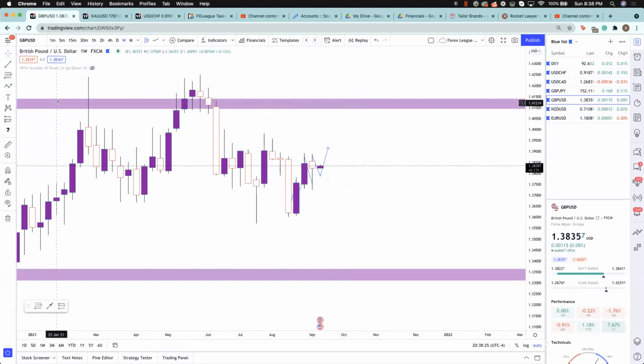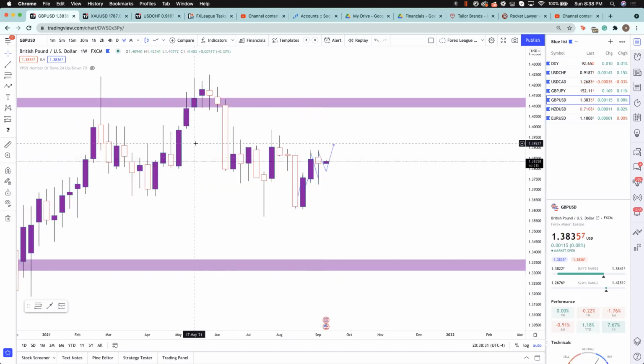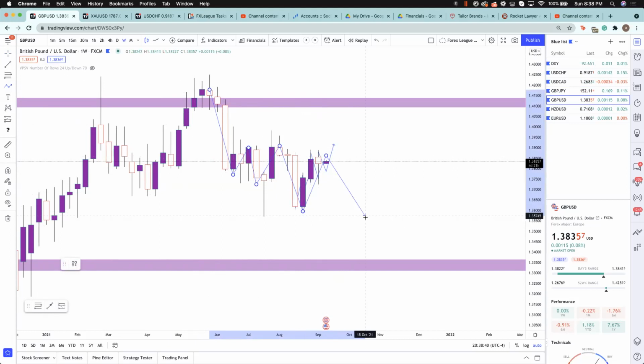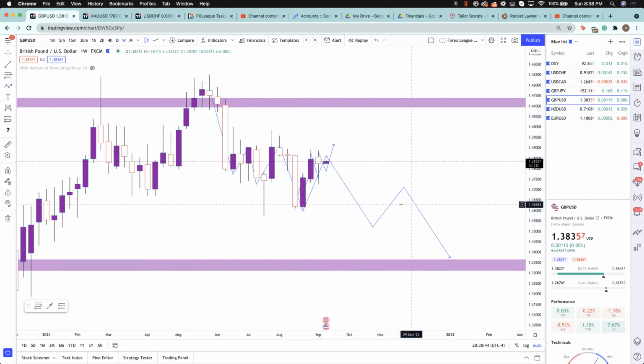And just coming down to where we are right now, we can see we have the spinning top candle right here. We're at a resistance level, definitely. If we just look at it like this, push down, come up, push down, come up, push down. So this would be the next move, another leg down. And to the downside, that's what would make the most sense, just looking at the weekly time frame.